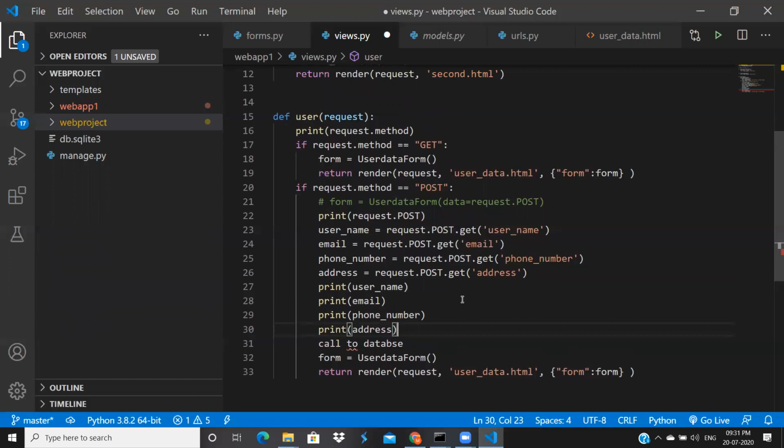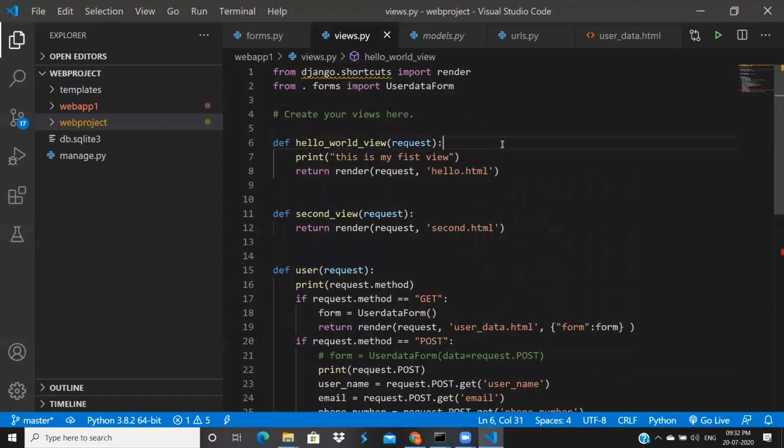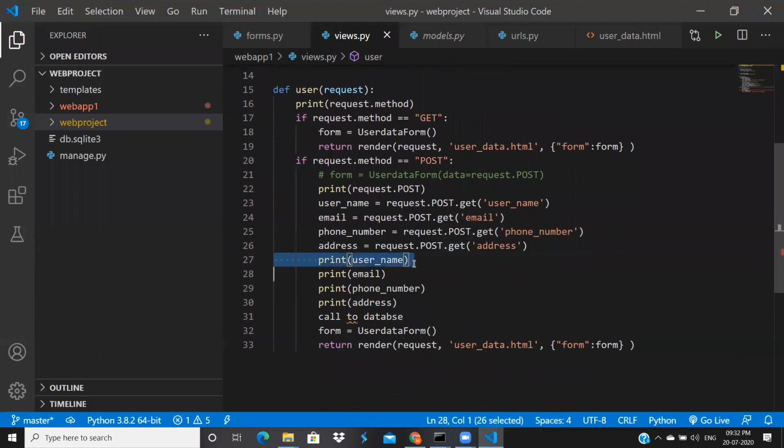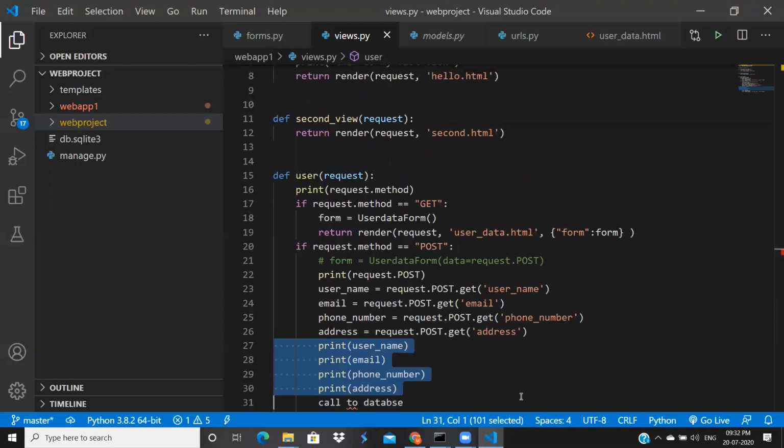Just try to create one project. Inside that project, create one app and connect with MySQL or PostgreSQL, whatever you want, create one table, create one form, and try to take input from the user. If you do that, you will be fine enough to learn Django, and you can go for more advanced concepts. Tomorrow we will see how to save this data. We got information from the user, right? We will save that data to the database, and we will retrieve data from the database. We will see the remaining things tomorrow.